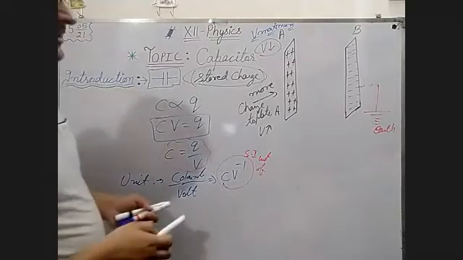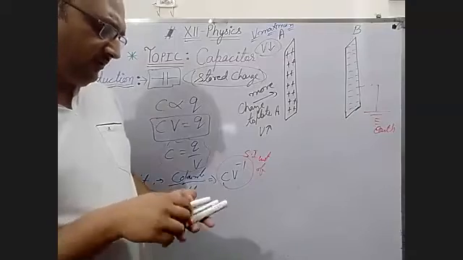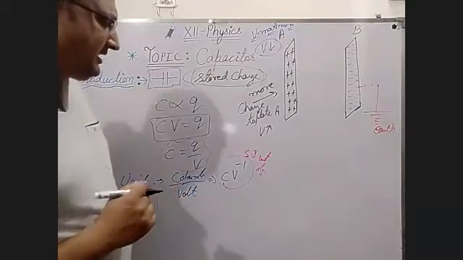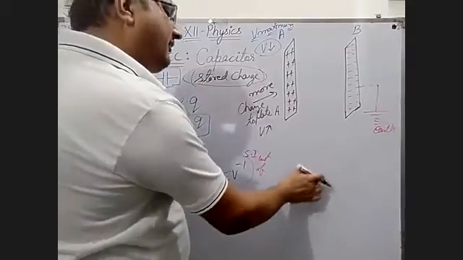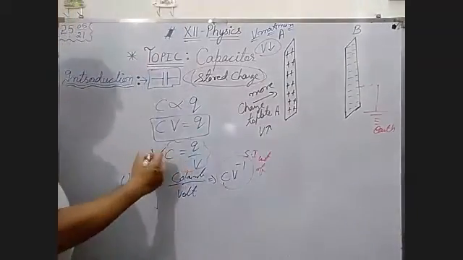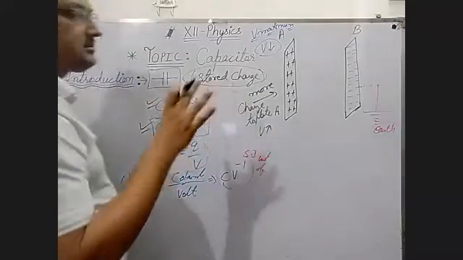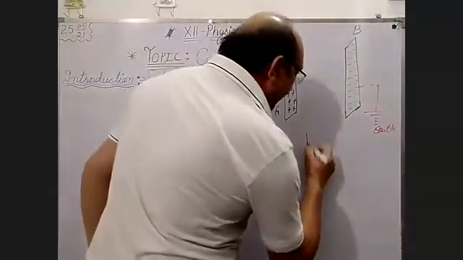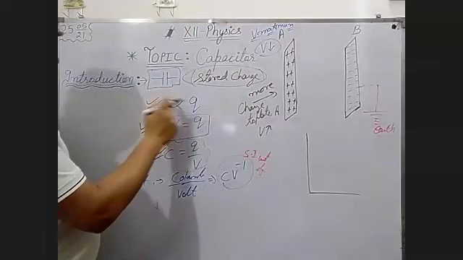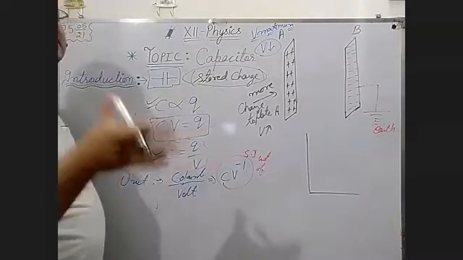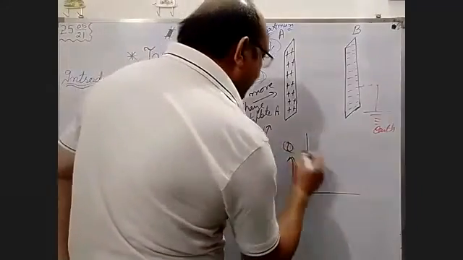And one numerical is there for board point of view, CBSE point of view. Very, very important numerical is this, and you can try this thing in any other formula also. If you have one thing proportional to another thing, then this numerical you can do anywhere, but the condition is this type. If one is directly proportional to another. If two quantities are directly proportional to each other, then the graph between them is,